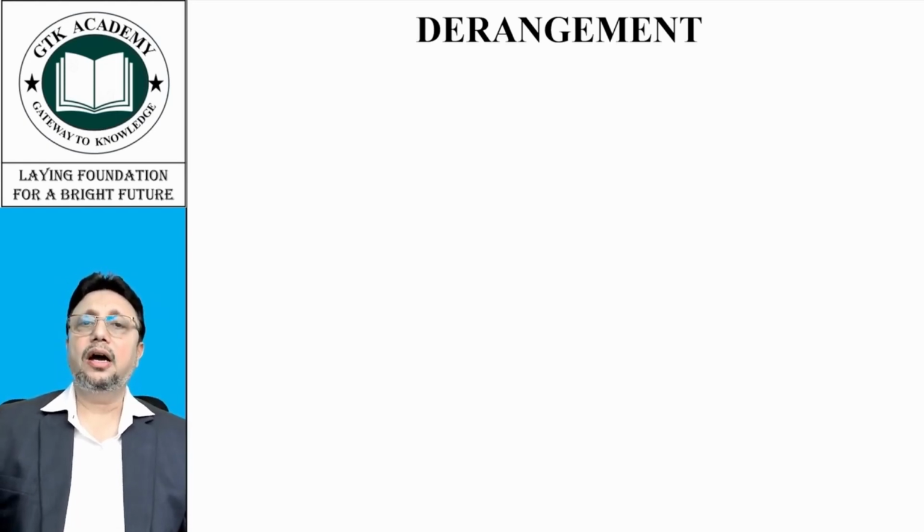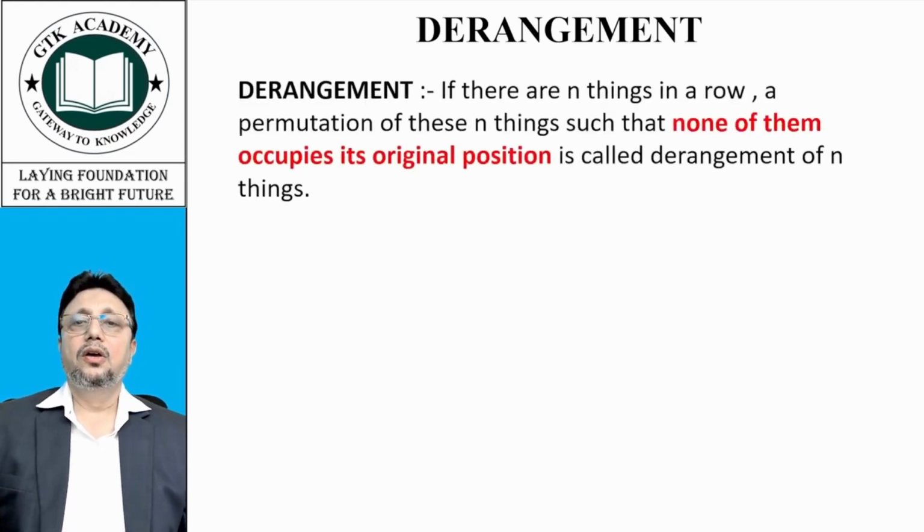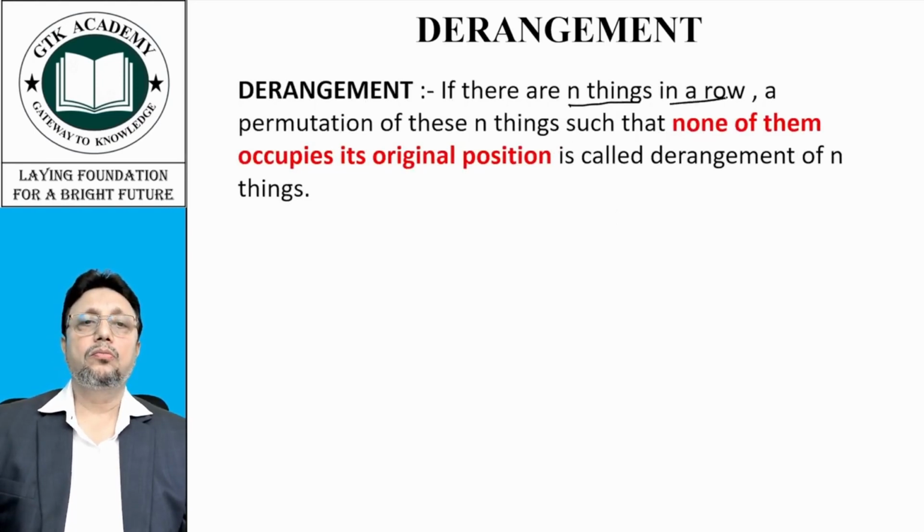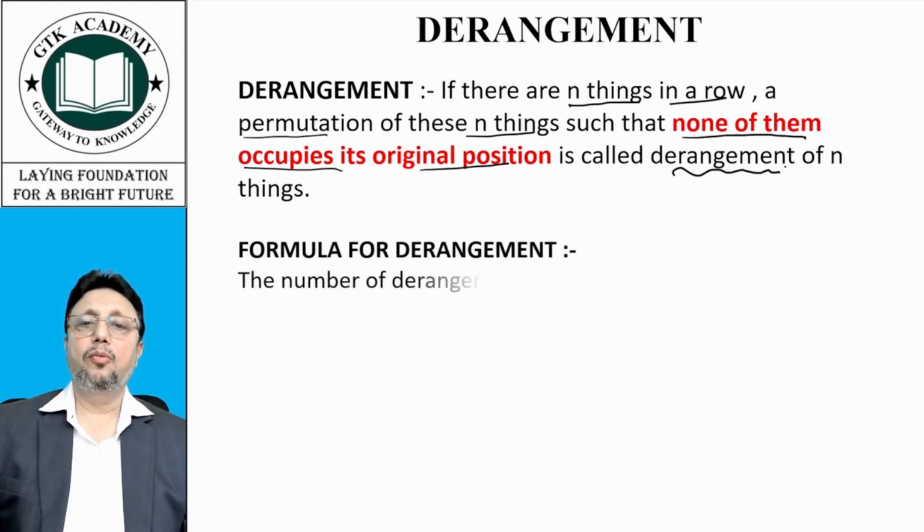First of all, I'll tell you what the formula is, and then we'll go for deriving that. So the formula says, if there are n things in a row, a permutation of these n things such that none of them occupies its original position, this is called derangement, and the formula is